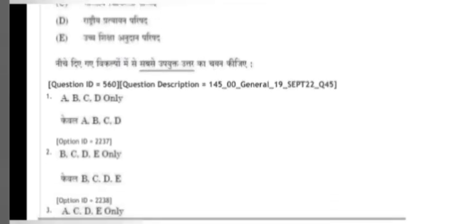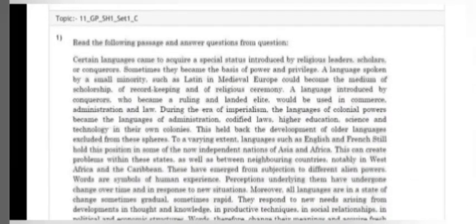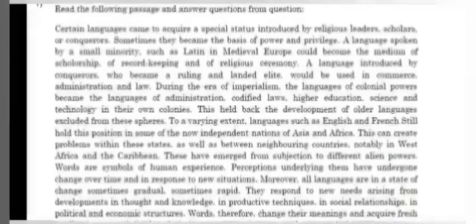Okay, here some options are given. That means A, B, C, D, 4 will be correct except the E. Okay, then we have left these passages. Let me read it. Read the following passage and answer questions from